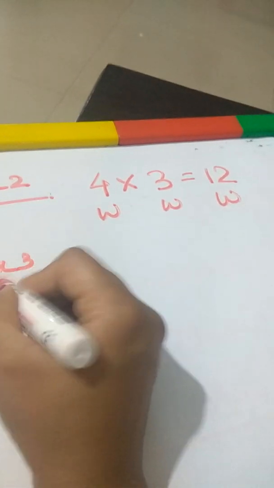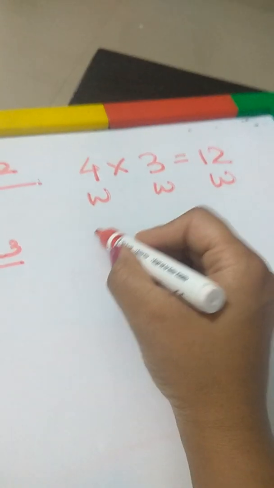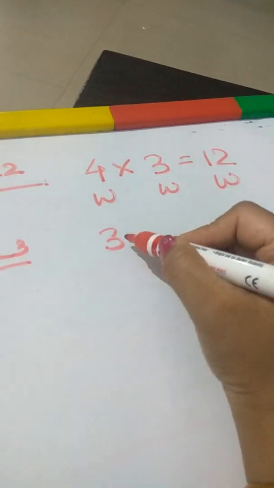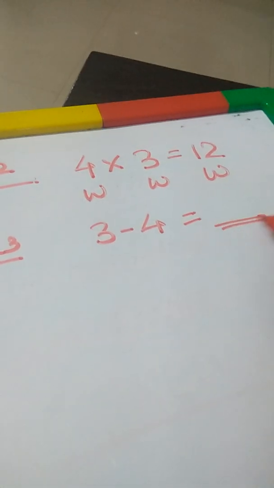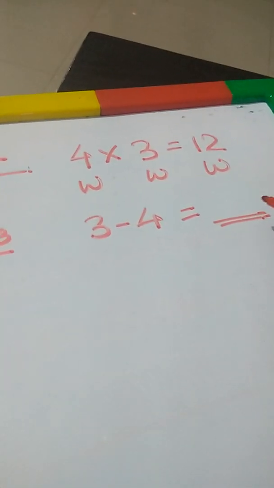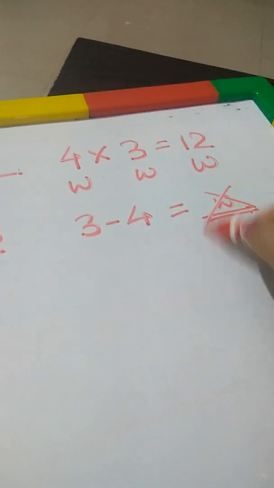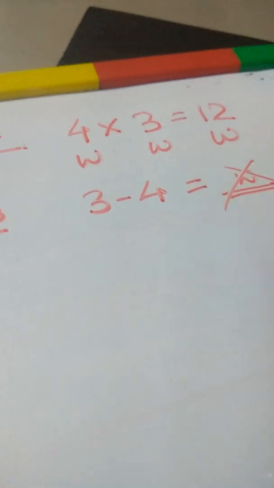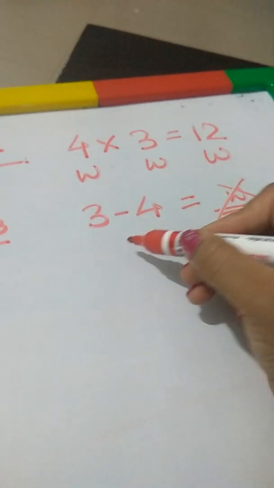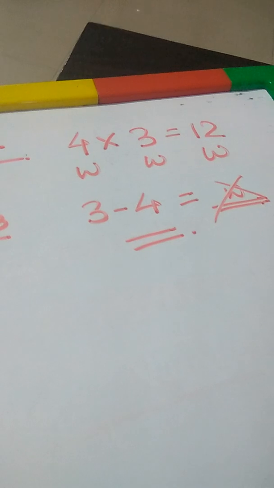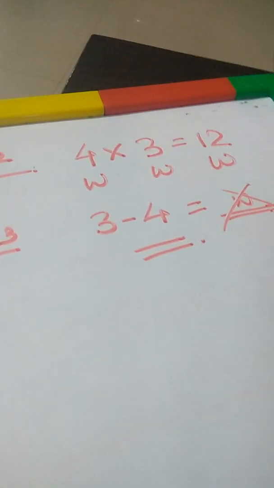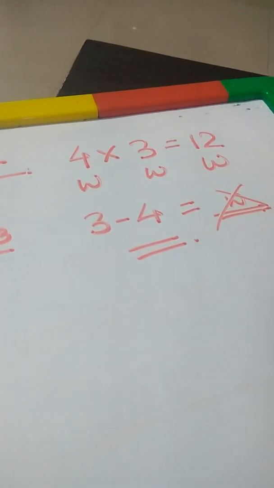Now, let us take one more example of subtraction. This time, I am subtracting 4 from 3. Now, what will be the answer? I am going to have an answer, but that answer is not a whole number. It cannot be 0, 1, 2, 3, 4, anything. Any positive number is not the answer. So that means this subtraction is not coming under the closure property. Actually, the answer will be -1, which is an integer. So integer is not same as whole number.